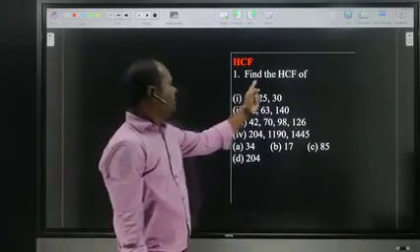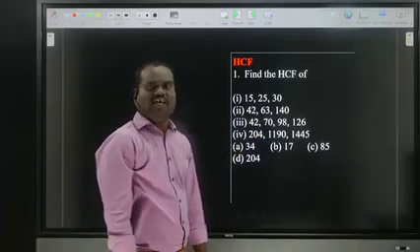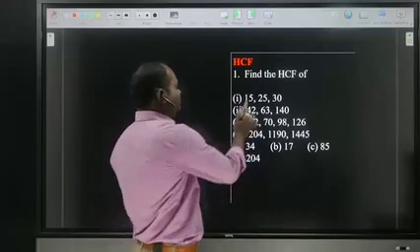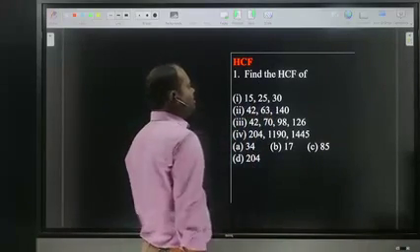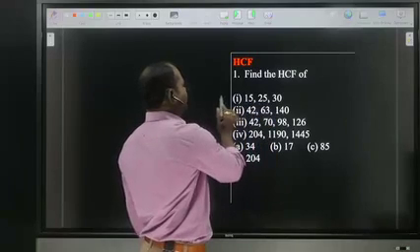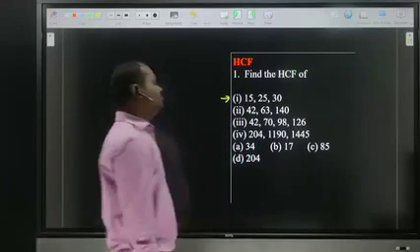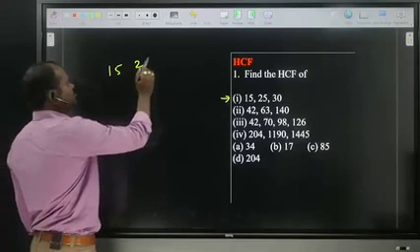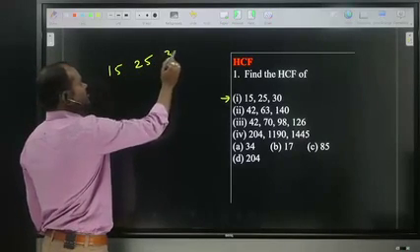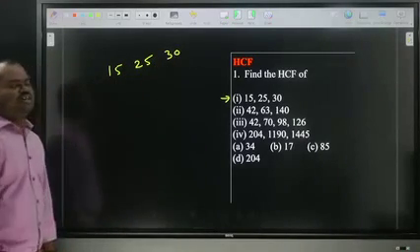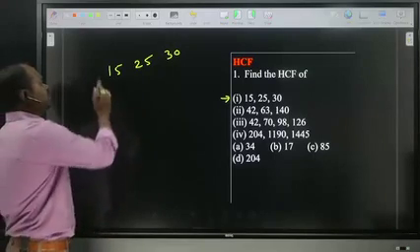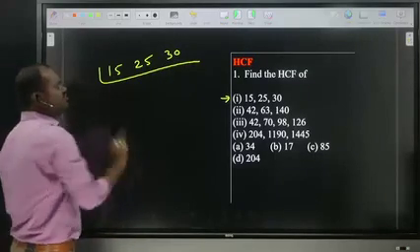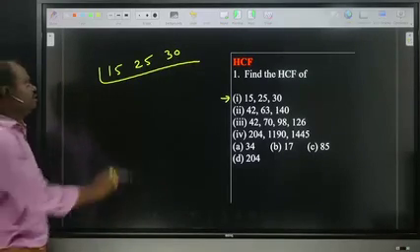Find the HCF of 15, 25, 30, ma. Observe, ma. 15, 25, 30. These all the numbers, can you get in any one table, ma? By looking, we can say simply. These all the numbers in which table, ma? 5 table, clearly. 5,